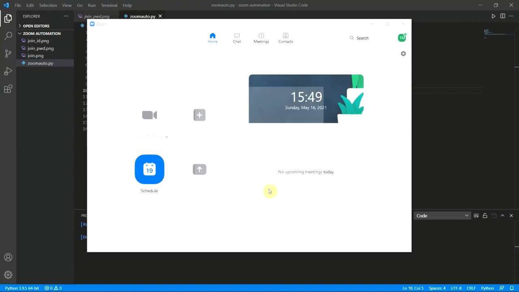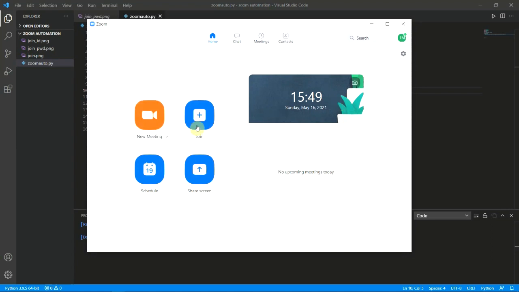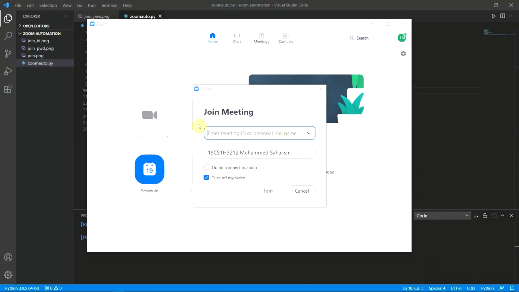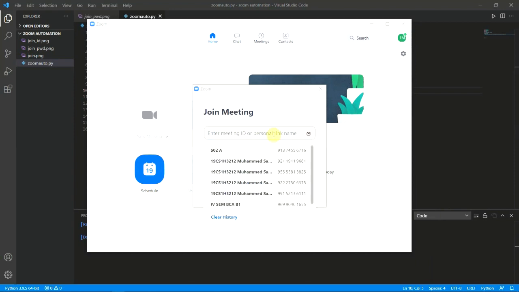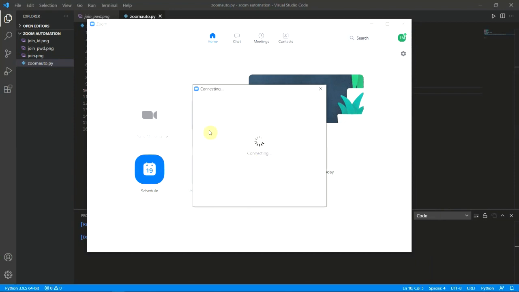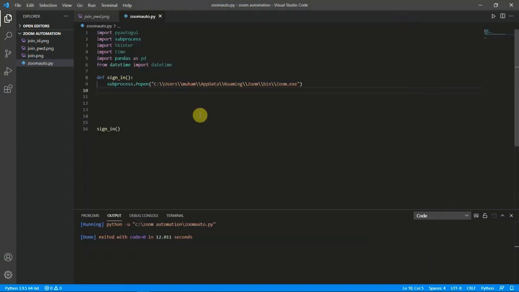So we will take a screenshot of this join button, the meeting ID text box, and then we will take a screenshot of this meeting passcode, and we will write the code.